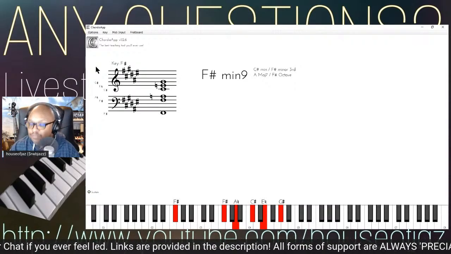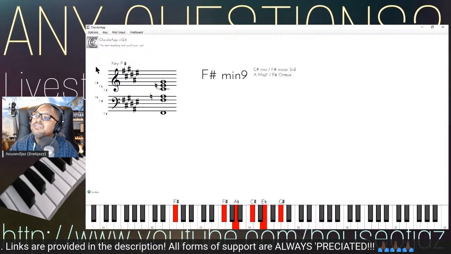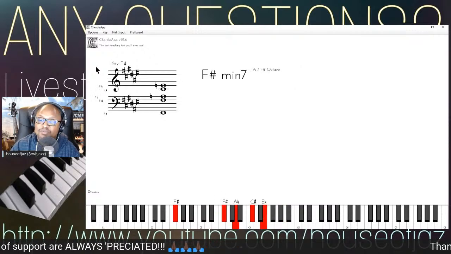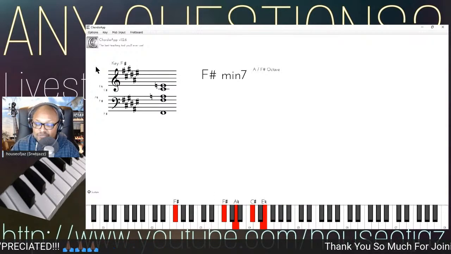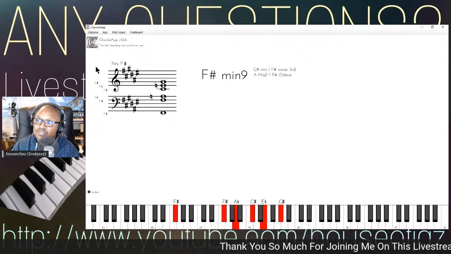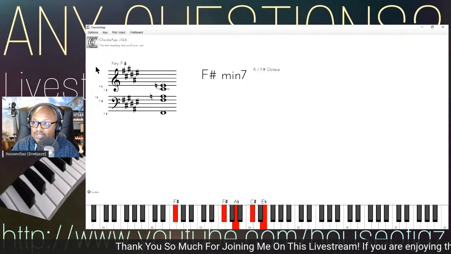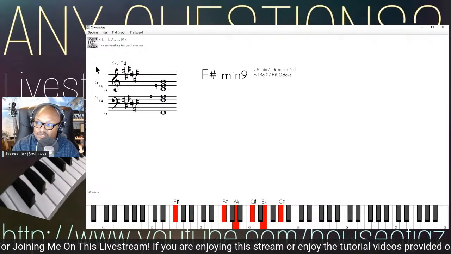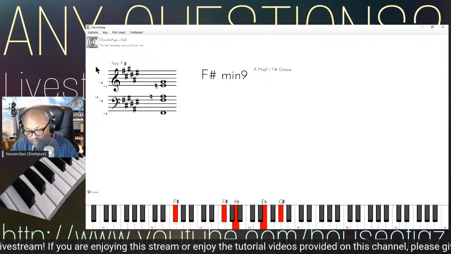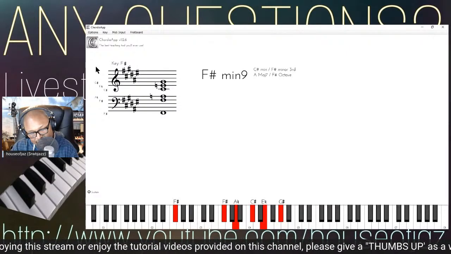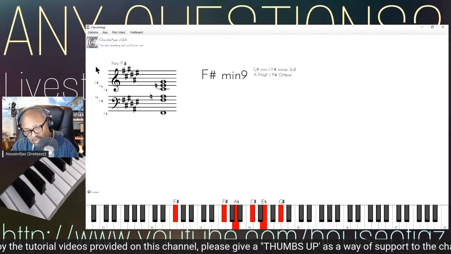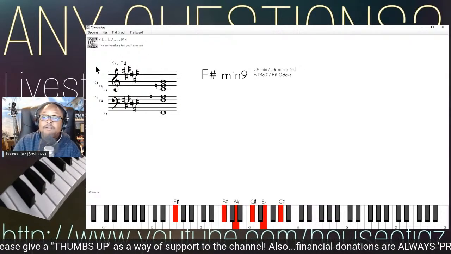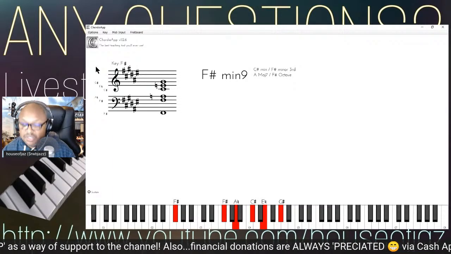I don't know what the parentheses on the 9 means. Usually when you see that, they're just saying play the F sharp, usually it means F sharp minor 7, but then that parentheses is just saying add the 9, because you got that and you got that. But you know what I'm saying? So I would just say it's just the minor 9. If I'm wrong, I'm wrong. But sometimes I see that in sheet music, and when I play just the minor 9, it still sounds like the song. Now, your other question was, now adding the 6,